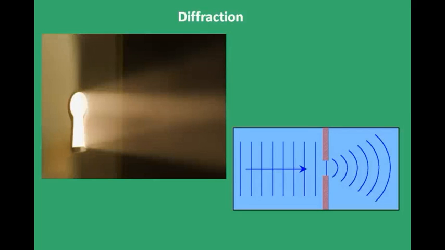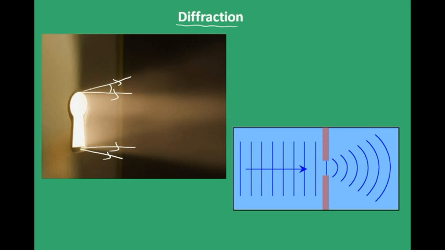Hi friends, our next topic is diffraction. You observe in this figure, when light enters through this hole, it is supposed to go like this, right? Just as it entered. But you see that some part of it is bent this way and this way here. That bending is known as diffraction, and it is a common phenomenon observed with sound waves as well as transverse